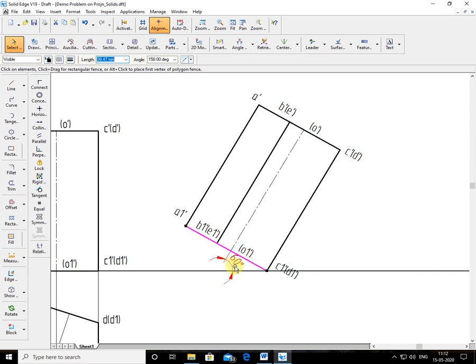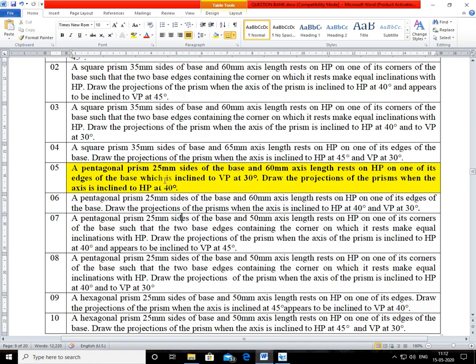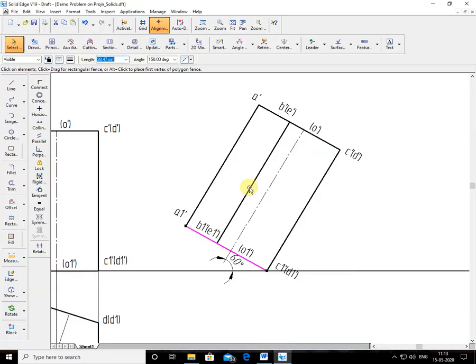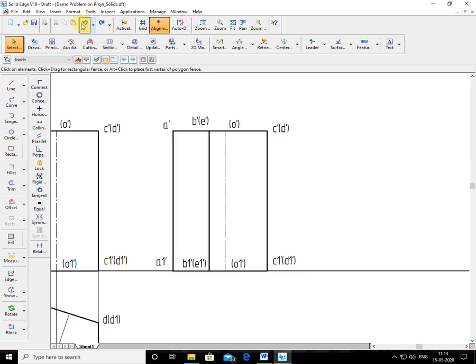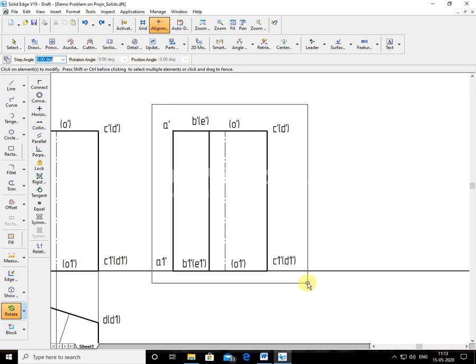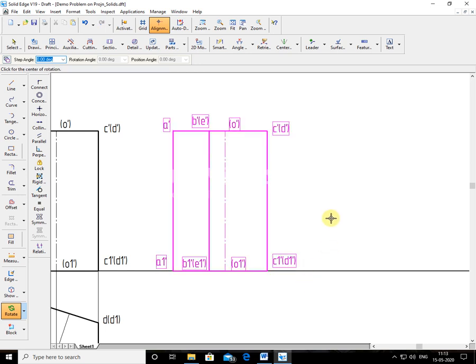But actually, how much angle do we want here? We want 40 degrees axis angle. So I'll repeat the process once again. I rotate this one, select the whole figure. I take the center of rotation, this one, C1 D1, which should be on HP.